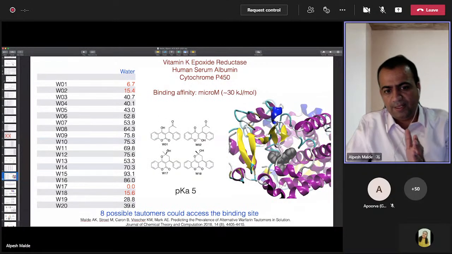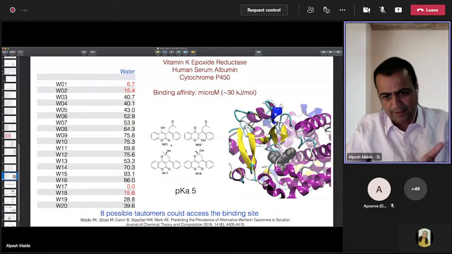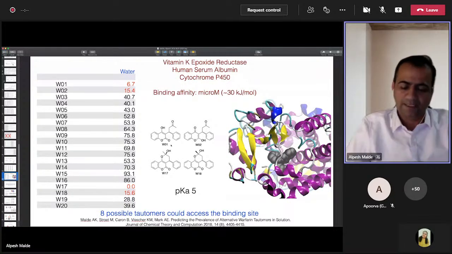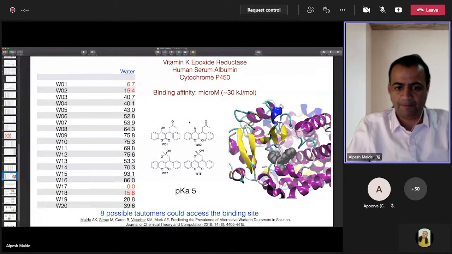Now we understand one of the cyclic forms or 2 of the cyclic forms are also likely to bind here. So that gives an indication that maybe if we focus our effort on this form, we are more likely to get an anticoagulant with the least side effects and maybe more potency rather than just focusing on this. So that gave us some indication on the direction of the drug design effort we should make for the next